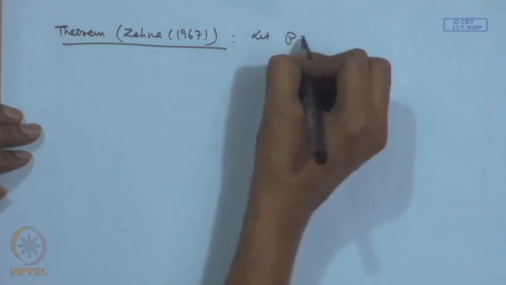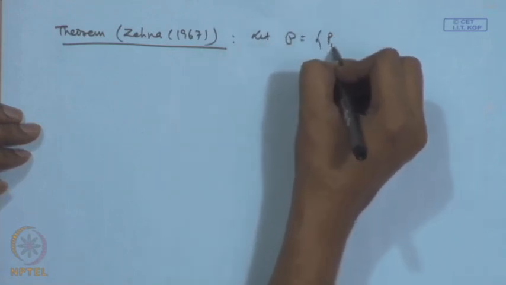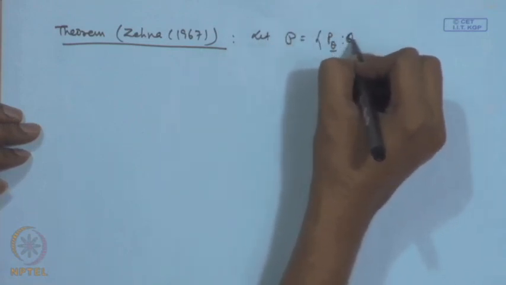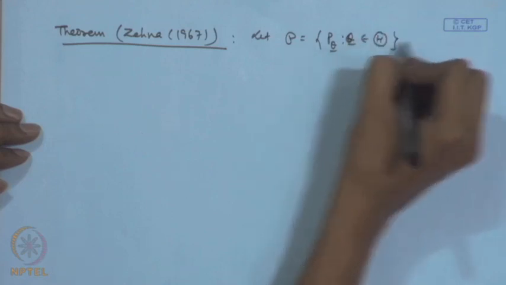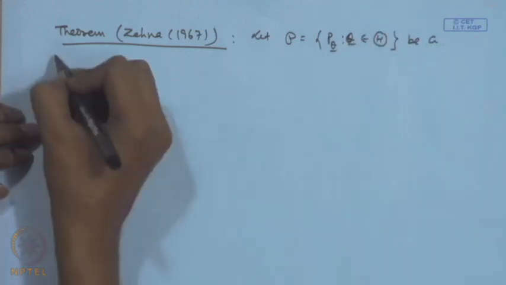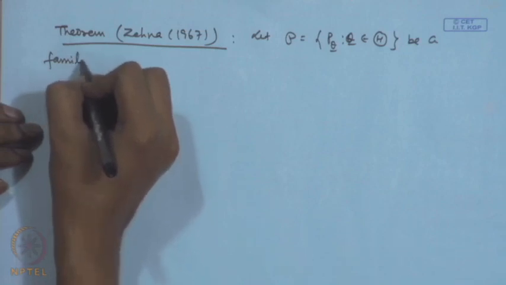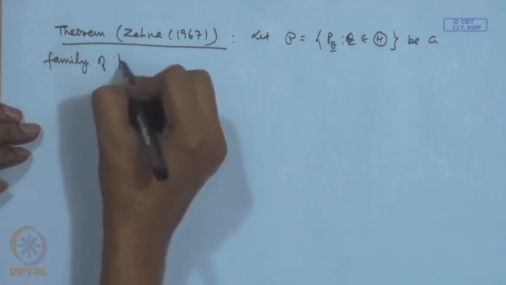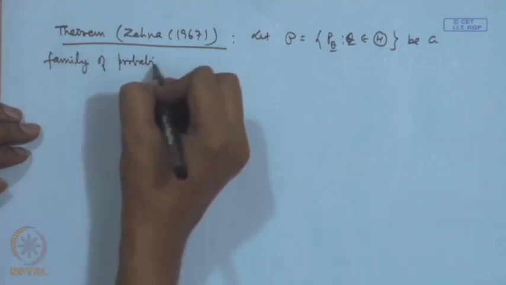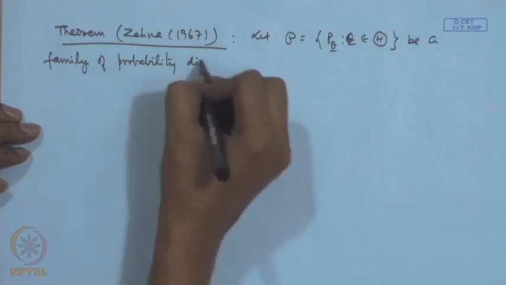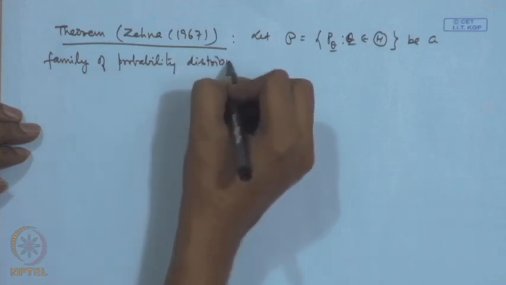Let P_theta, theta belonging to script Theta, be a family of probability distributions,